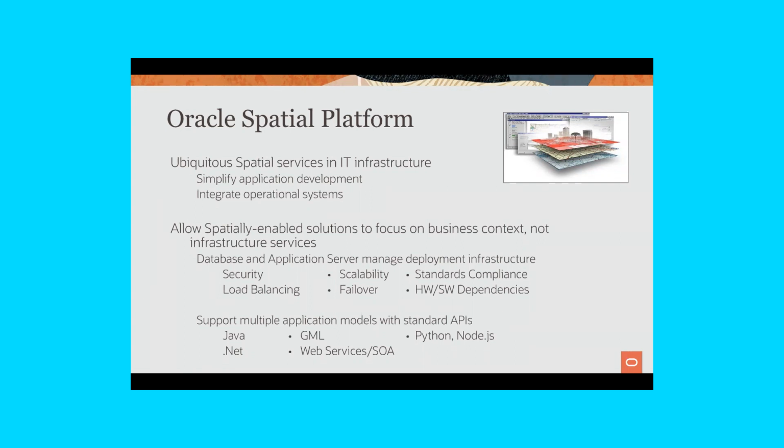We started doing spatial in Oracle more than 20 years ago. Our main goal was to make spatial part of the main IT infrastructure, so that anybody who uses an Oracle database will be able to take advantage of the spatial technology in the database and build location analytics and geographic information systems without resorting to specialized software for building maps and location technology.